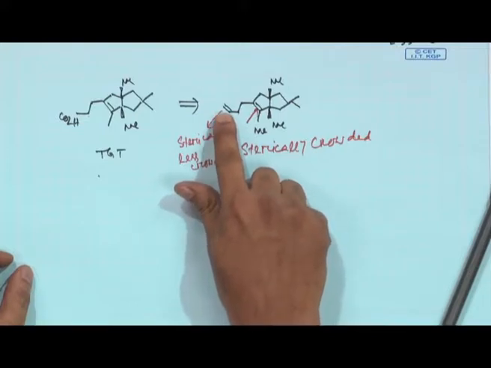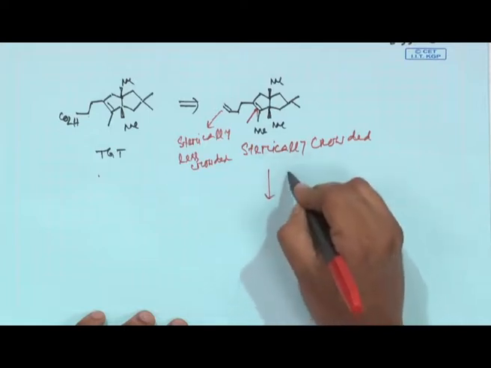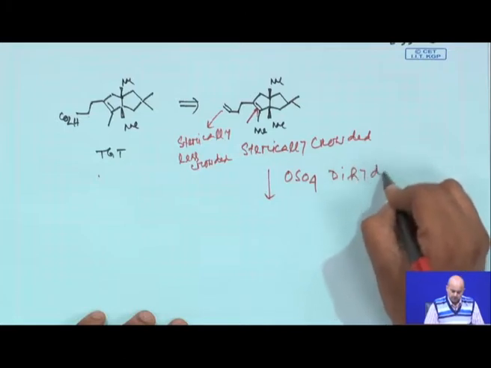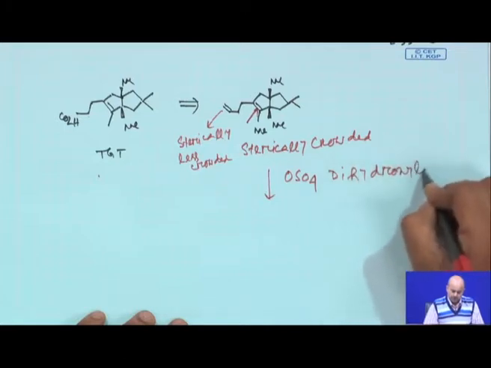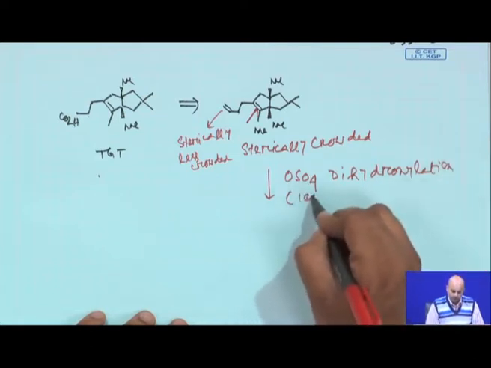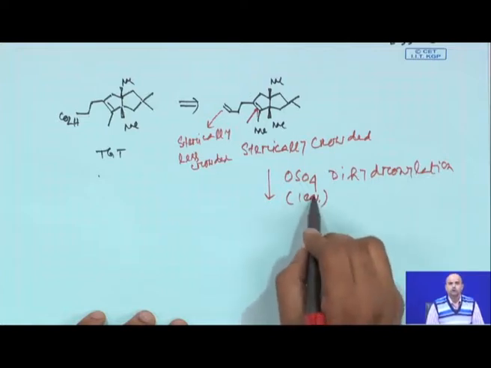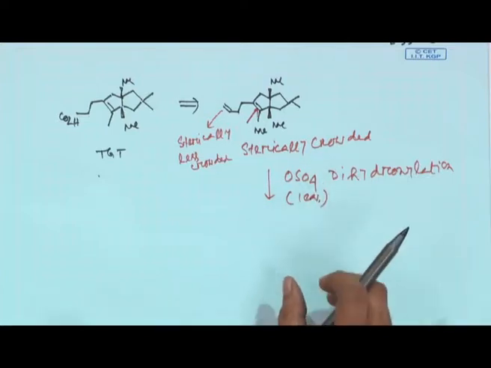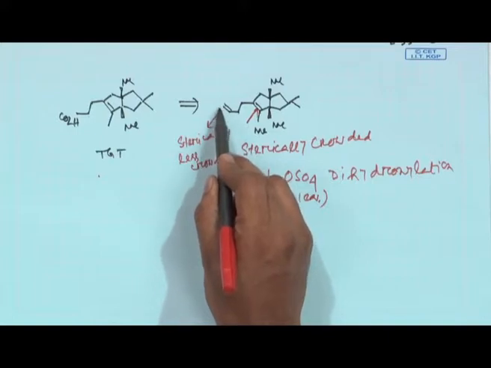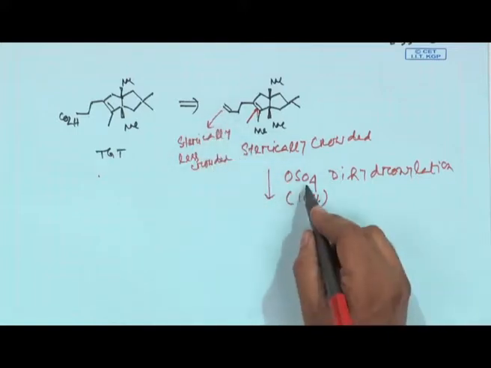bond, it is always better to do some reaction which can be controlled sterically, and say that this osmium tetroxide mediated dihydroxylation is always, you can control the regiochemistry if you use 1 equivalent of osmium tetroxide. The initial pathway goes through a cyclic osmium ester formation, and this cyclic osmium ester will prefer to form in a sterically less crowded environment. The point is you have to use 1 equivalent.